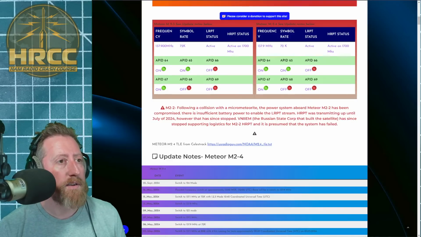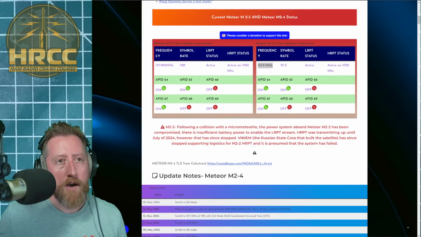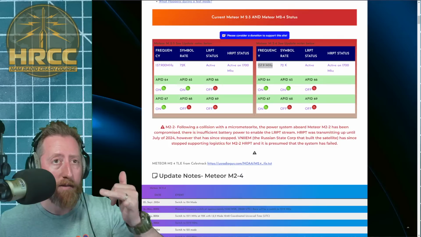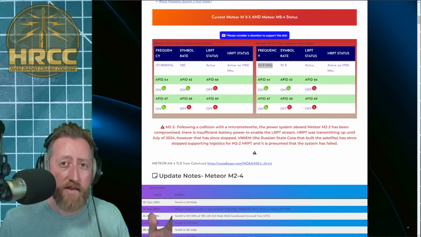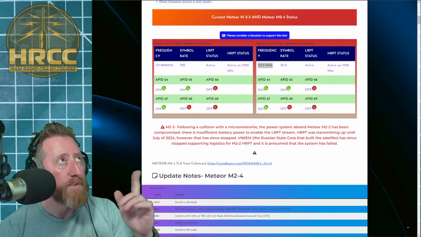So Meteor is a little bit interesting in that it sometimes changes. They change the frequency of the Meteor occasionally from like 137.9 to 137.1, so it goes from primary to its backup frequency, so keep that in mind. The symbol rate now is set to 72K, so when you are setting the data type,